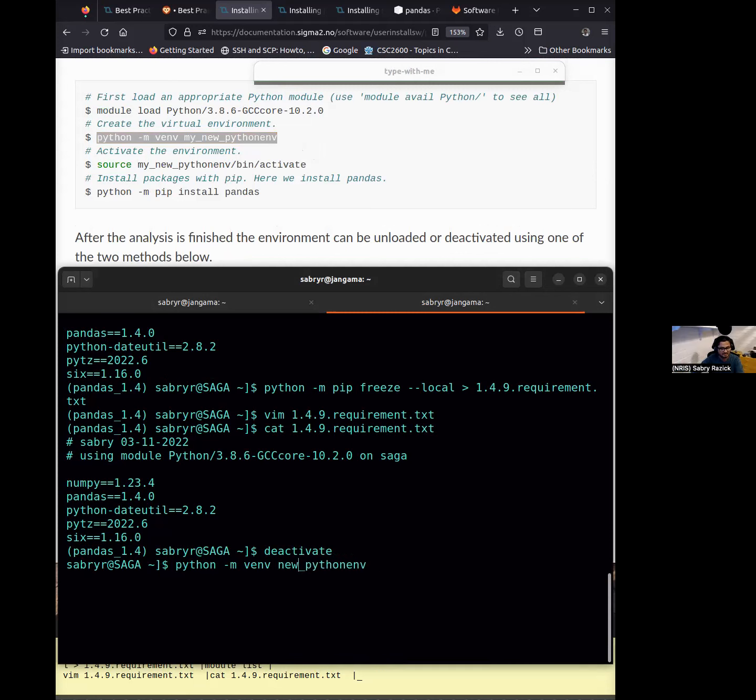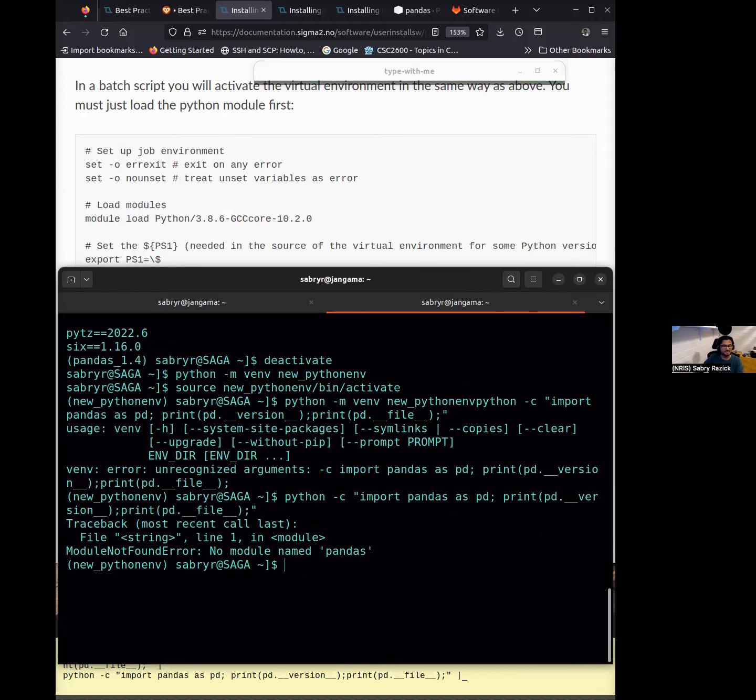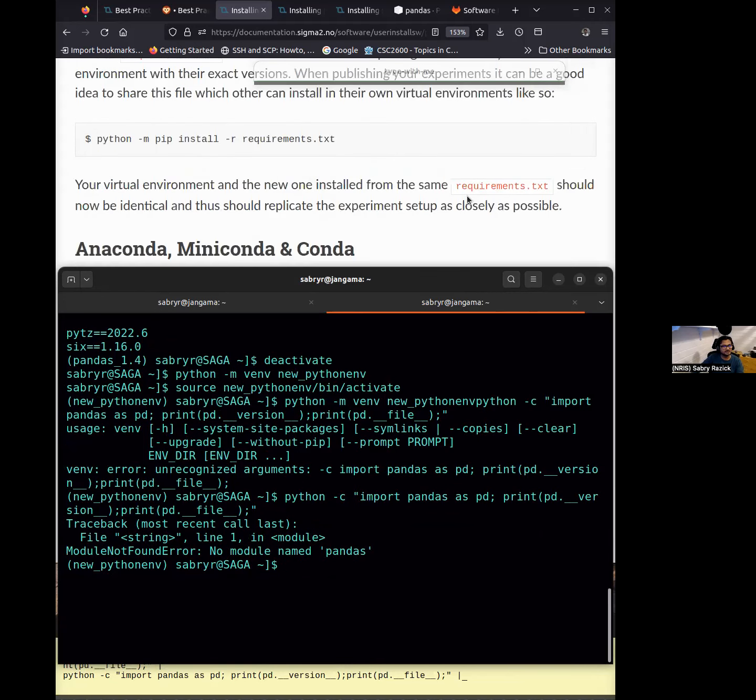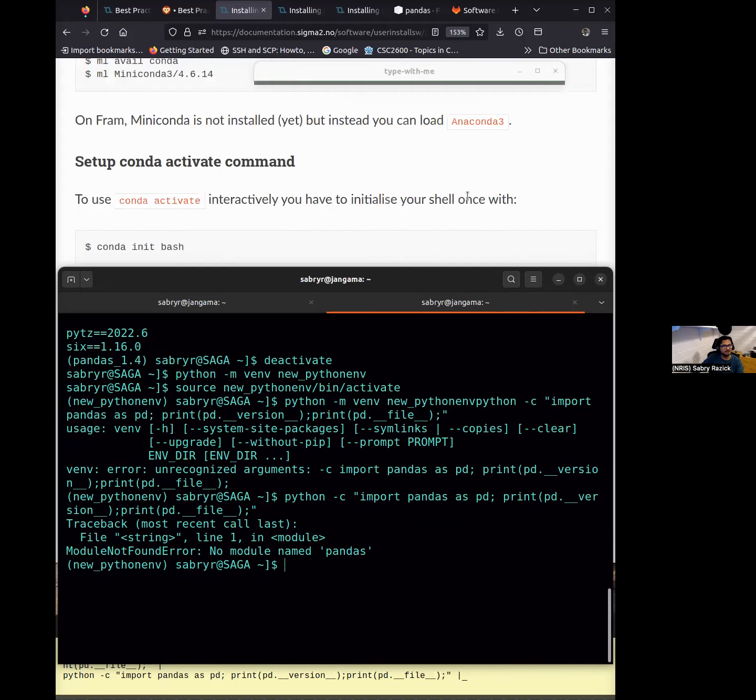So here, after you activate that source, as we did, new bin activate. Now you don't have pandas. Let me check that command again, so I don't have to type it again. With the up arrow key, I'll use the reverse search. Then, oops, again, no module named pandas. And then what I'm going to do is here in this,